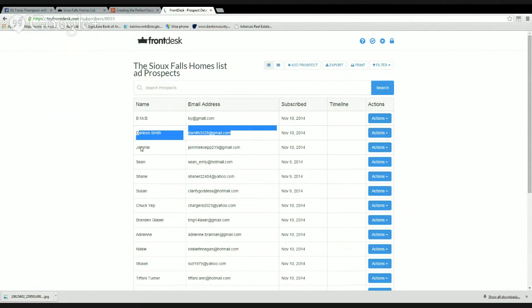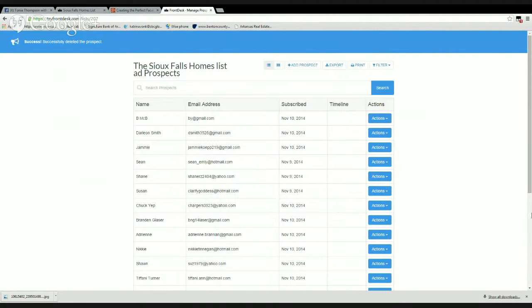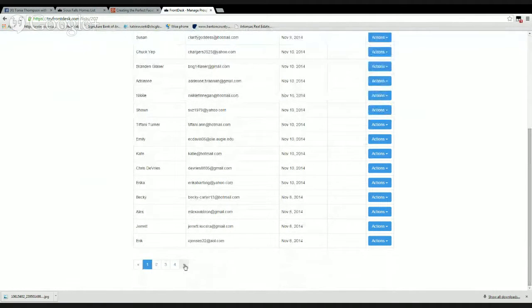So I can go over here and view the details of this. These people opted into this list. They put down all of their information, and they'd like a free market analysis of what their current home's worth. Yeah, that's big. That's really big. And you're getting this much information. Now, you're looking at November 10th. We started this on the